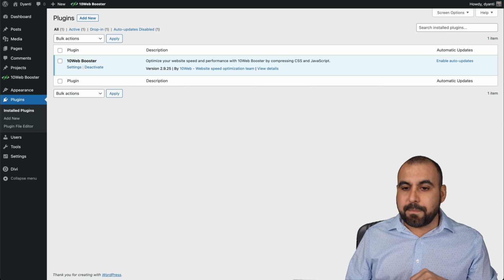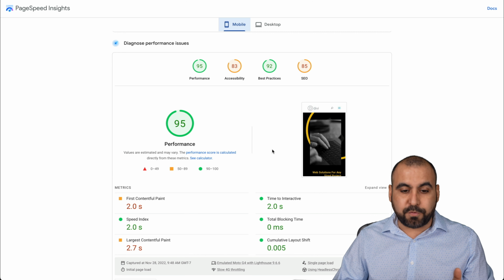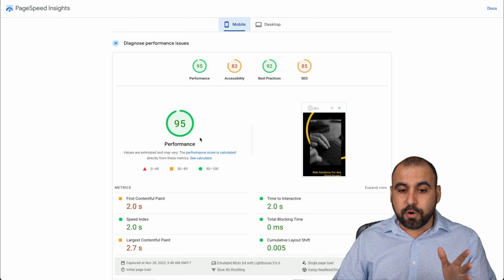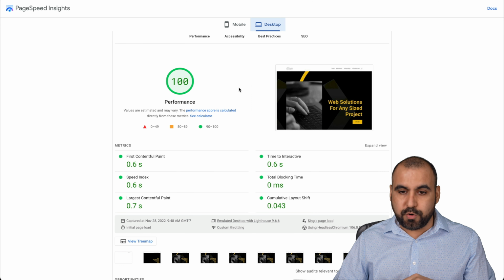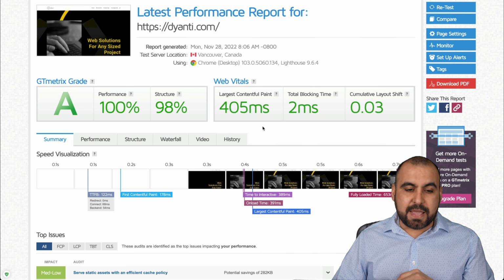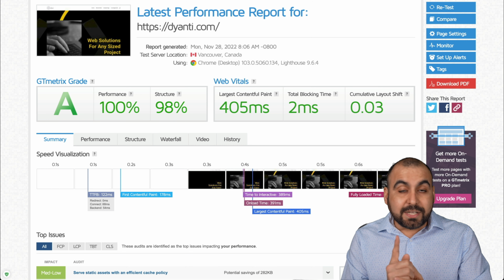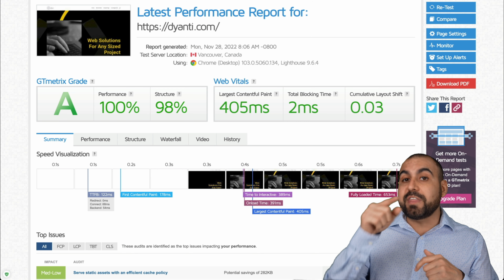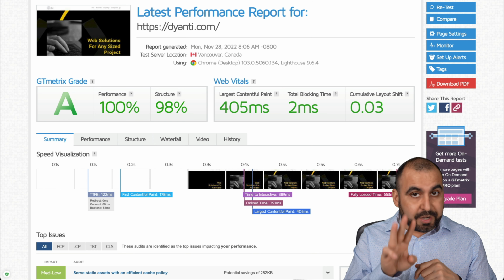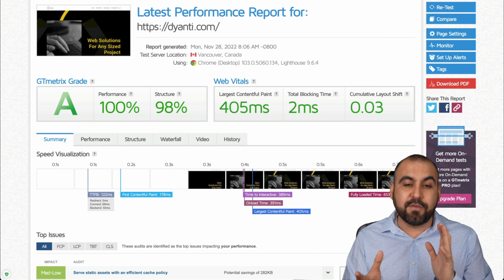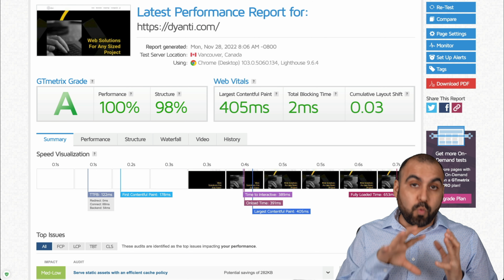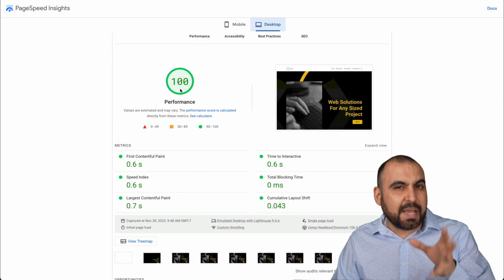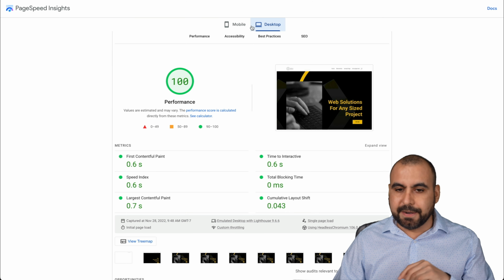Now, this is my page speed score right now. This is for the mobile. 95 page speed score for Google, and desktop is 100. And on my GTmetrix, I am getting less than 1 second load time. So I'm getting 700 millisecond load time. Before the installation of this plugin, I was getting 3-second load time, just to give you an idea of how much this actually improves my site, okay? And for the page speed, I was getting something like 70 something percent. So that gives you an idea, all right?